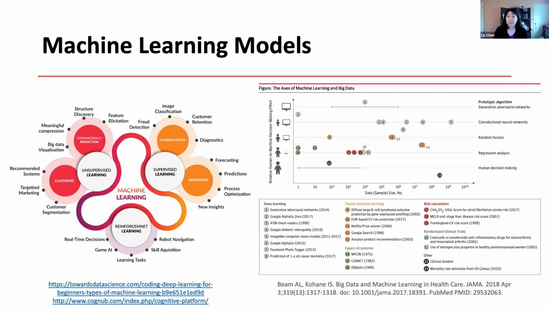Or is someone at risk for developing some kind of complication from surgery, or maybe at risk for readmission due to a variety of information that might be available in their data, so in their electronic health record. This visual on the right also shows the axes of machine learning and big data, and what I think is important to look at here is the human to machine decision-making